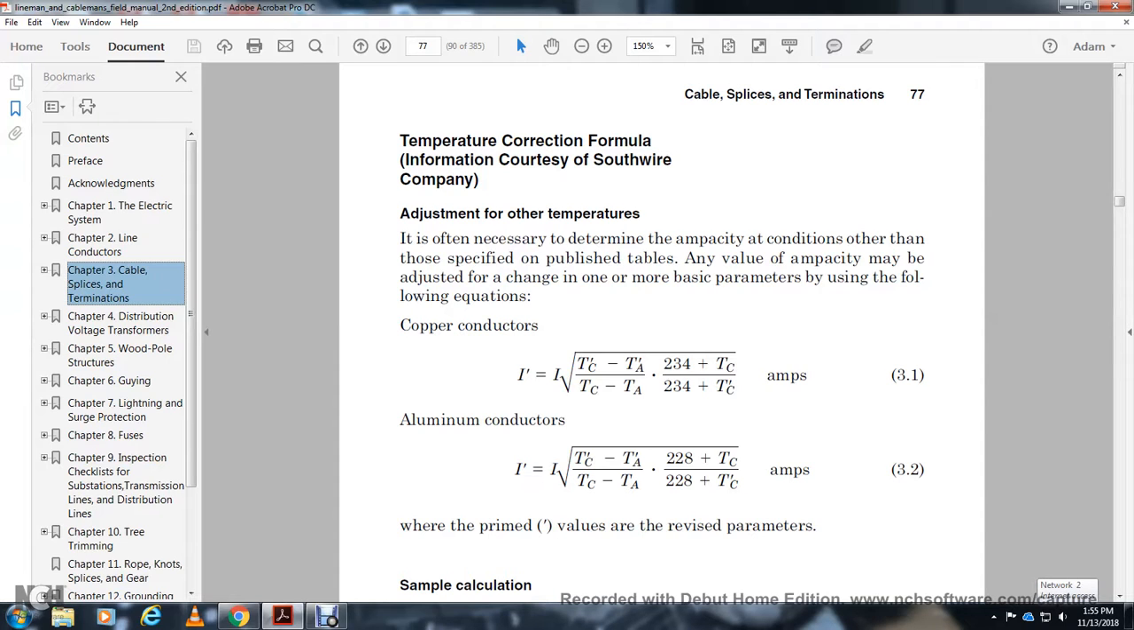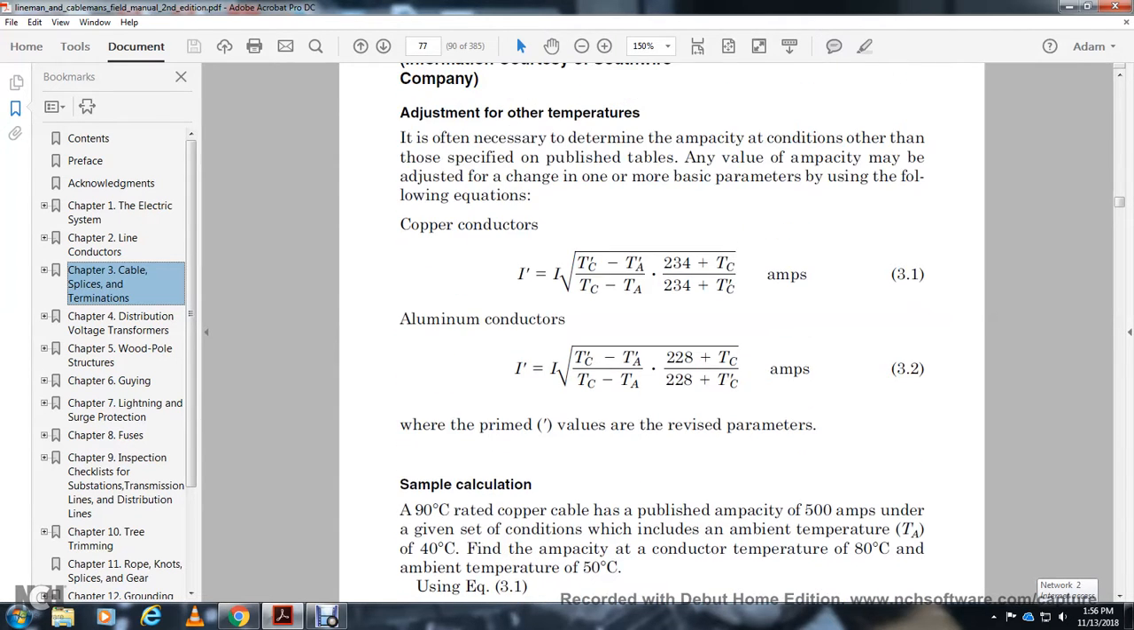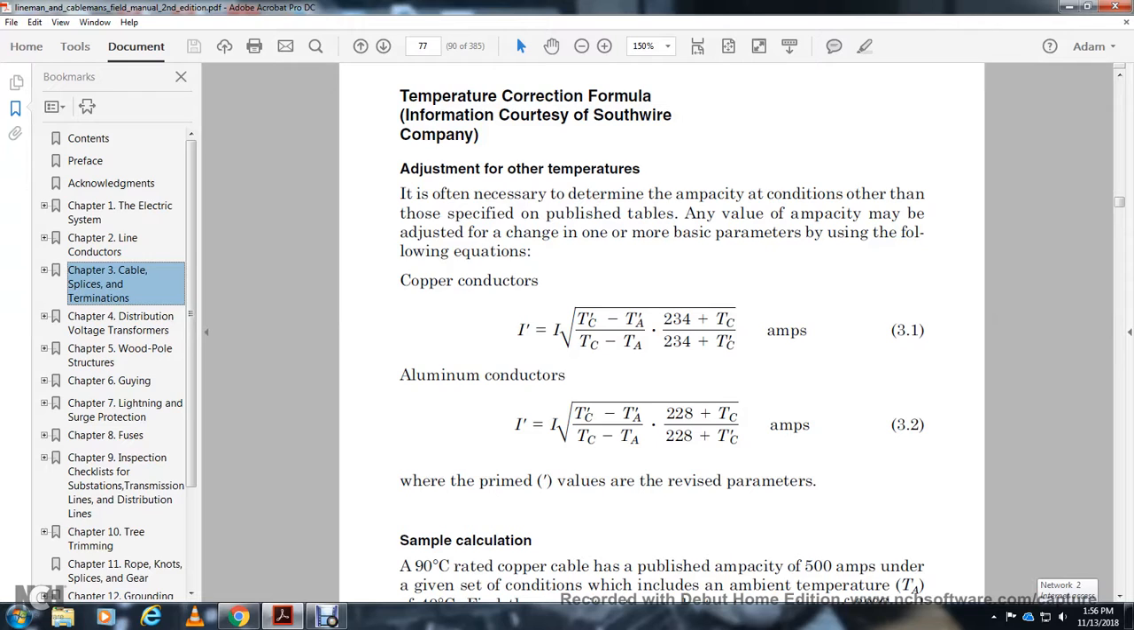Alright, temperature correction formula, information courtesy of Southwire. Adjustment of the ambient temperature and determining the ampacity: the published ampacity value may be adjusted when one or more basic parameters change, with the following equation. For copper, the adjusted amps equals amps times the square root of the temperature correction over the temperature ambient,